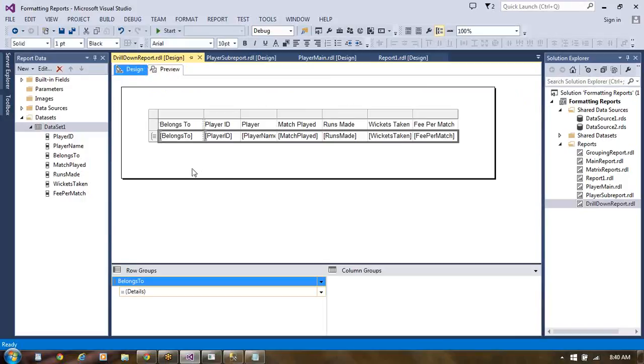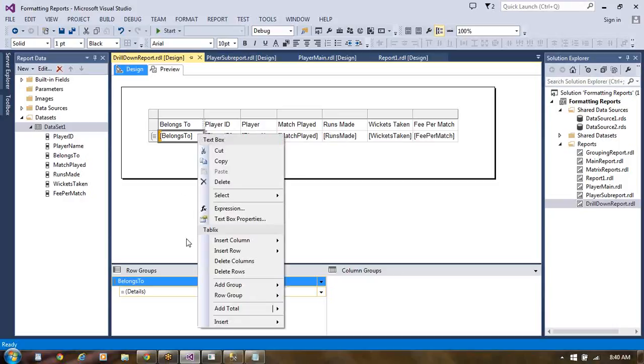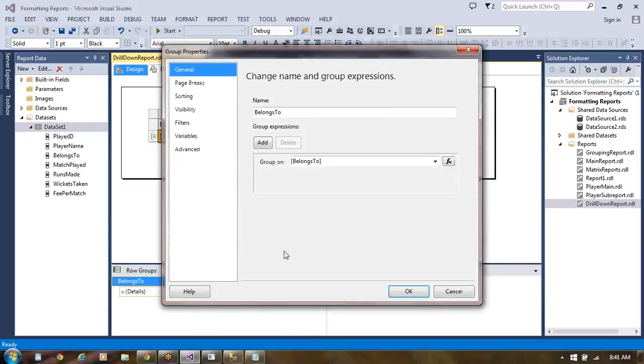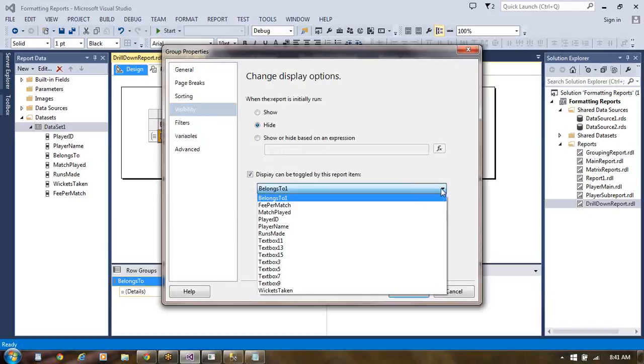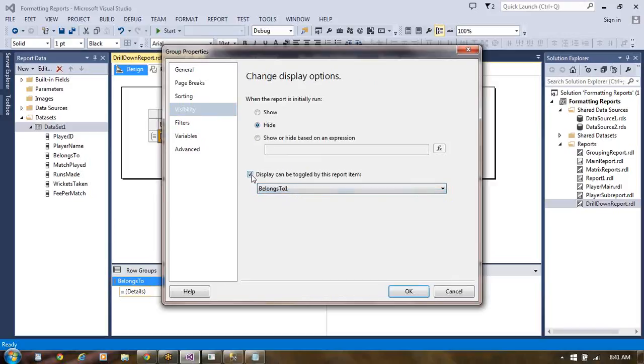Once again here what we do: click on this row, group properties. Take the group properties, the column is going to be belongs to. Take the visibility, and check this here.